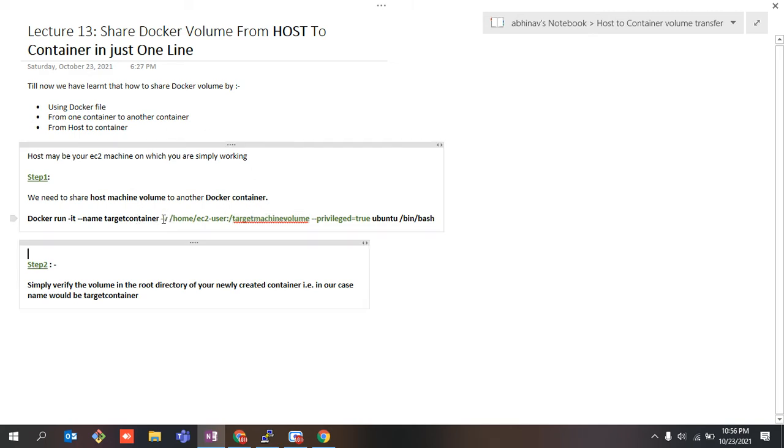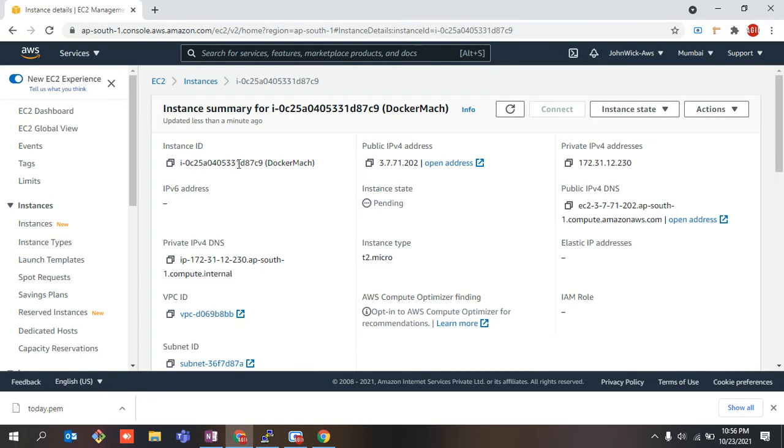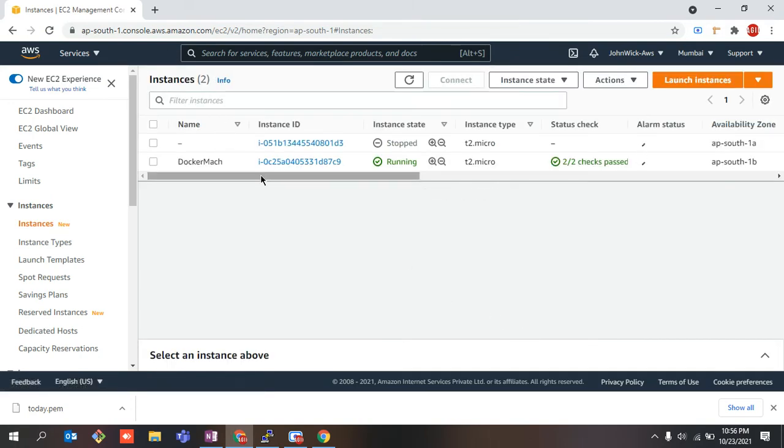So this is the significance of this green marked area, which is just the extra piece of lines. You just need to write it. So in just one single step we are going to do that, and how we are going to do it I'm going to demo to you. So let's get back to our AWS console, and allow me to start doing the demo part, right? So guys, this is one of my Docker machines that I already created.